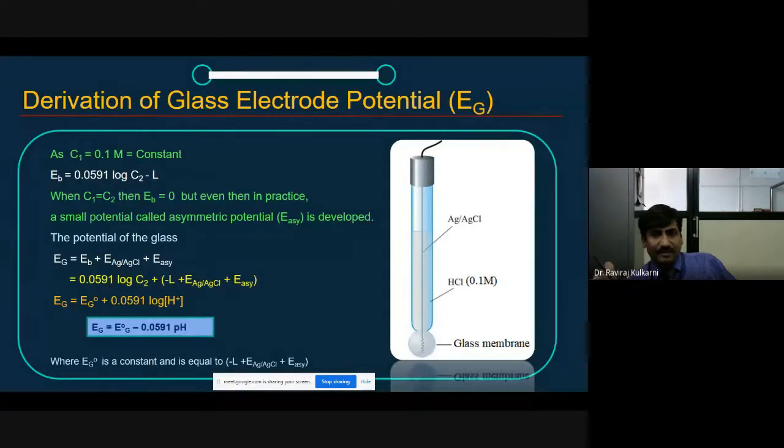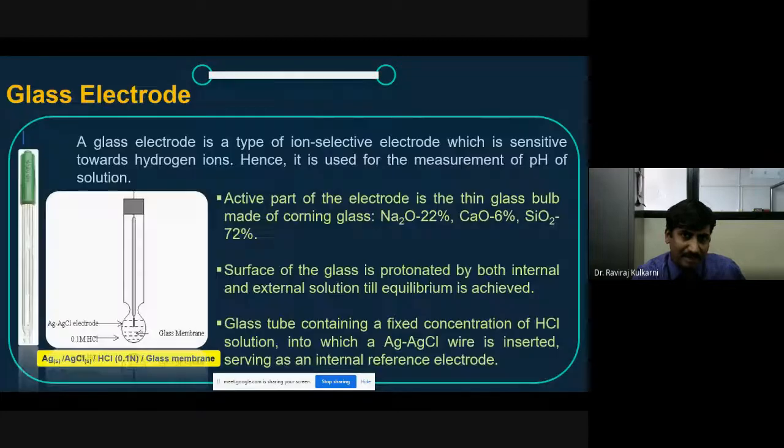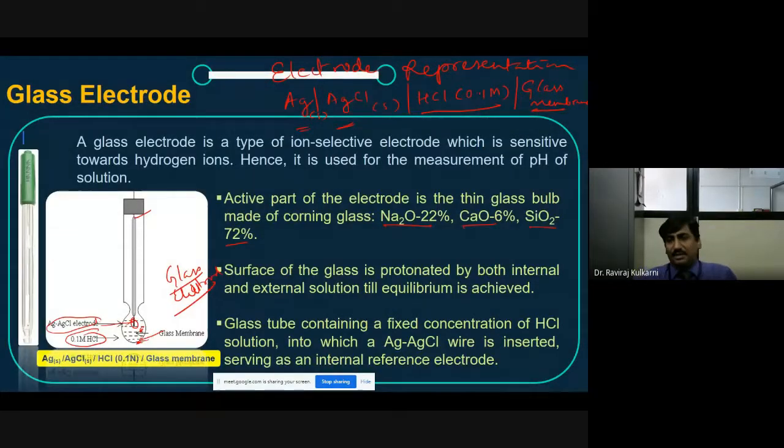Any questions you can ask me now, or you can send me an email or WhatsApp message. Anything is okay. I'm trying to write on the PPT itself. Next, I'll derive the Nernst equation for the glass electrode because it's very important. I don't want to hurry here. I just want to go slow. I have taken 3-4 classes, but I'm still in the first part of the first unit. Any questions?